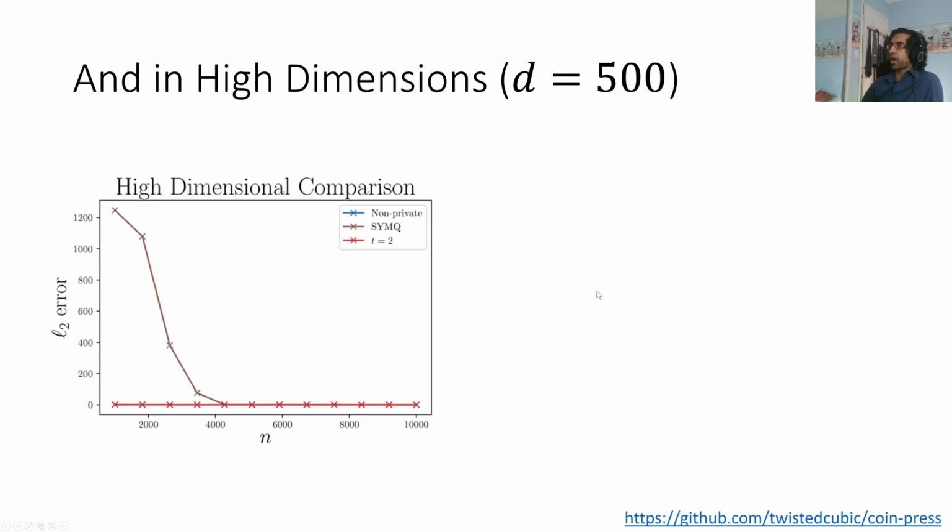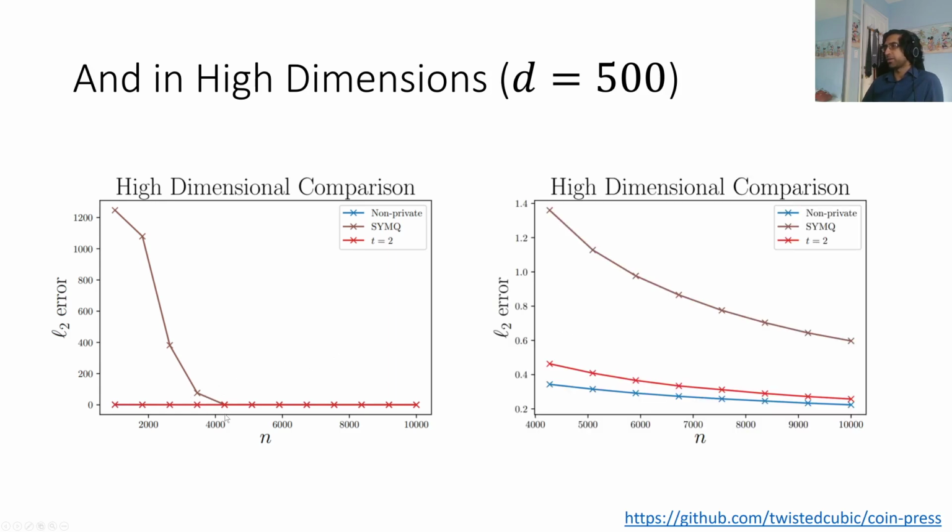This is also true in the high dimensional, or rather the multivariate setting, where the dimensionality is rather high, say 500 dimensions. You can see here, comparing ours with SimQ, for small n, they don't even get something which has non-trivial error. Ours looks like it's 0. It's not really 0, but there's just such a large scale that it looks like it. But let's cancel this out and look only from somewhat larger n. You can see that even after the point where it drops from the stratosphere, we have significantly smaller error than the alternative. And this is the next best algorithm. We hid the other lines.